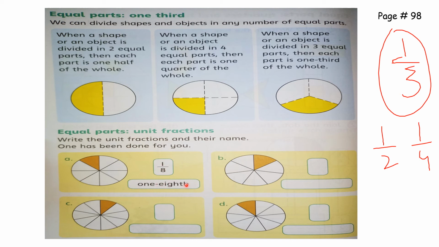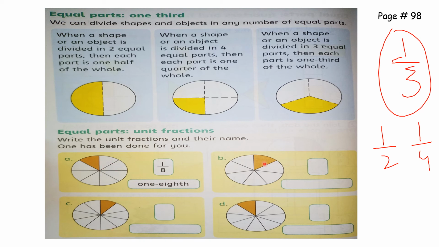Now this is a way of writing fractions. This is how we write fractions in words. We write the number above as it is, 1, but the number that we write below, we write as an ordinal number. We have studied ordinal numbers before in your class. This one is already done, so let's do the B part.